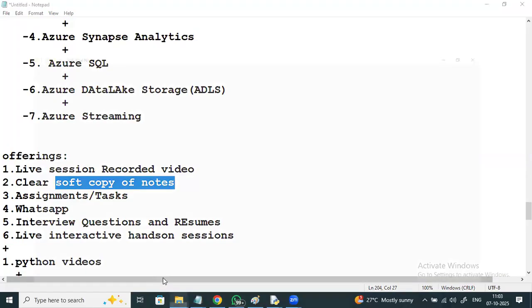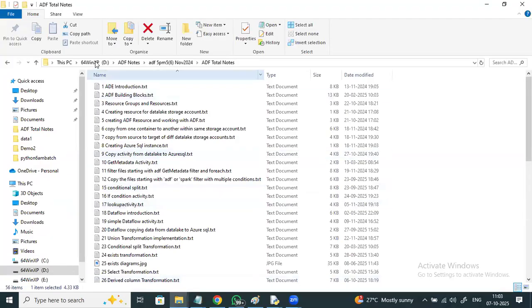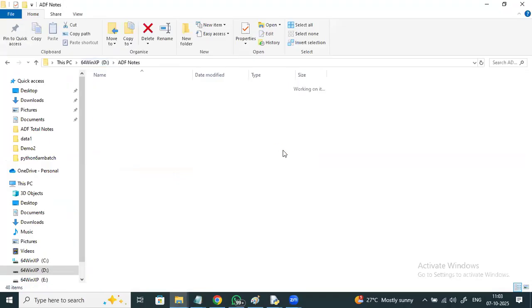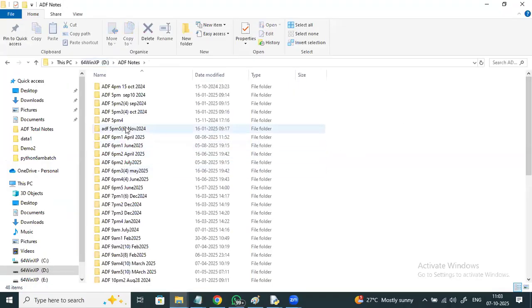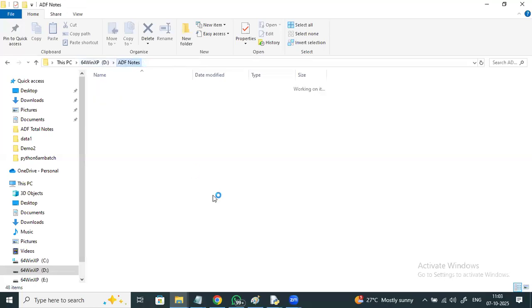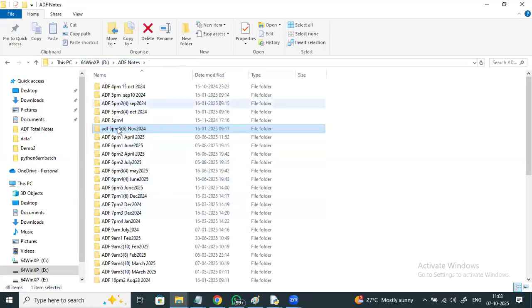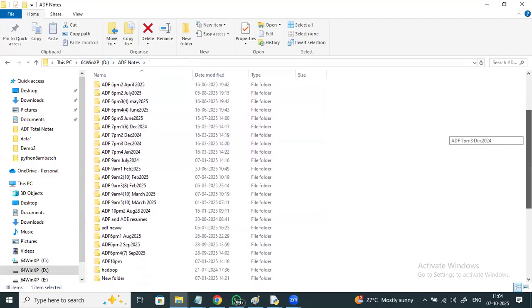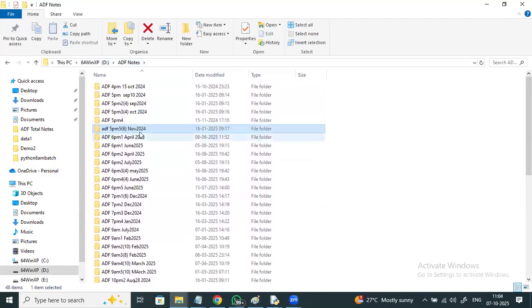So if you see this, this is the ADF notes. See here, batch wise I'll be preparing. These are all the ADF batches I have handled. I'll be creating separate notes for each batch.